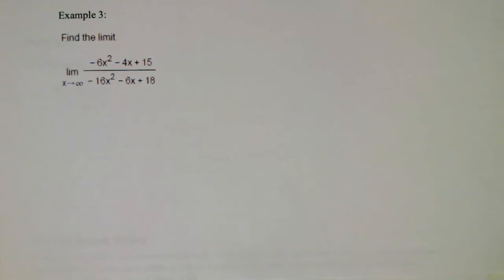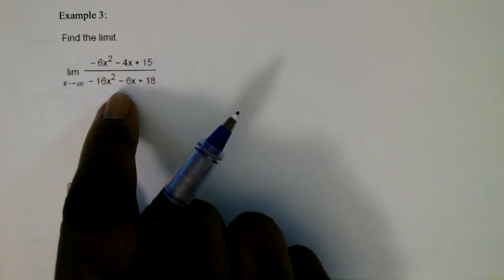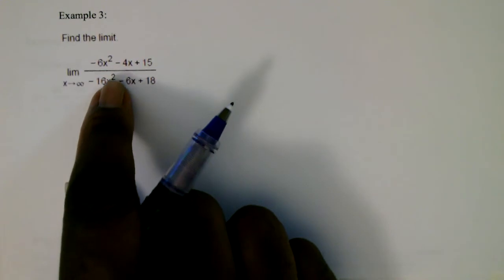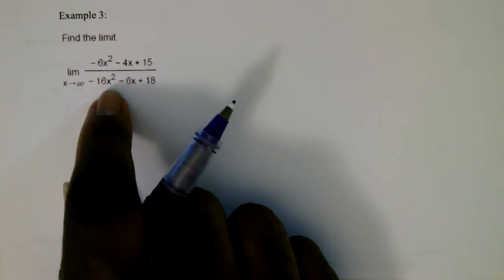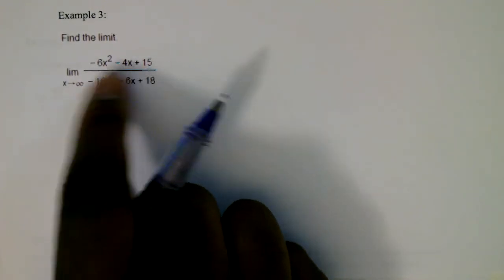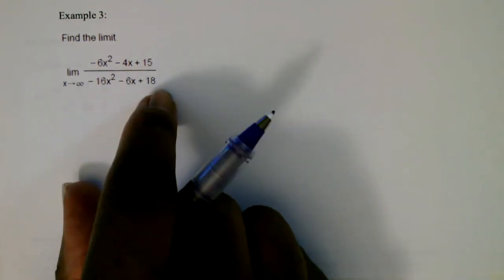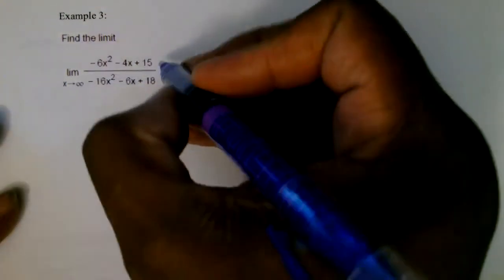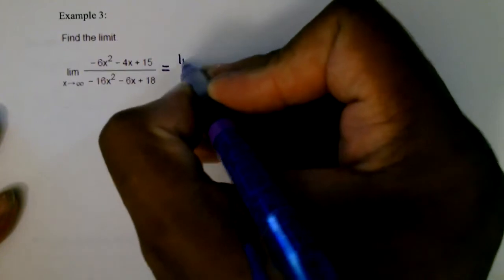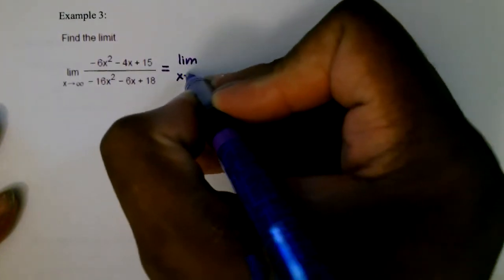So here we're going to use that rule of dividing each and every term in the numerator and the denominator by the largest power in the denominator. The largest power in the denominator is x squared. So we're going to be dividing each and every term in the numerator and the denominator by x squared. So I'm going to bring over the limit as x approaches infinity of,